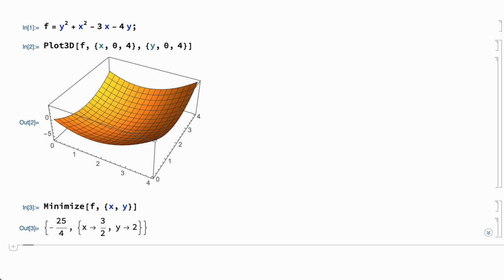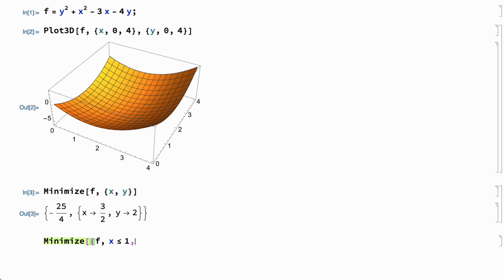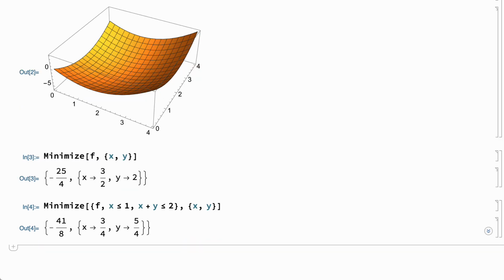In practical examples, there are often constraints on the variables. Dietary intake of a nutrient cannot be less than 0, for example, or maybe the amount of some raw material is limited by the amount that is available. Constraints like that can be entered as inequalities. This shows minimization with the constraints that x has to be less than 1 and x plus y has to be less than 2. In this example, the minimum is at a boundary of the region defined by the constraints,